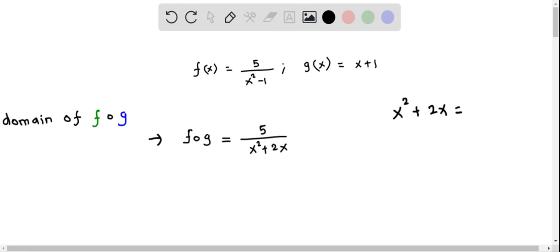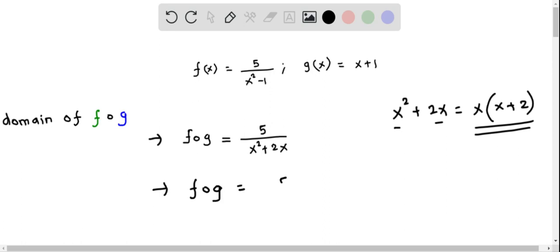And so this equals, I can factor x from both terms of x squared and 2x. And when I do that, I get x times x plus 2. So this is the factor form of the expression x squared plus 2x. So I can rewrite this f of g function as f of g equals 5 over x times